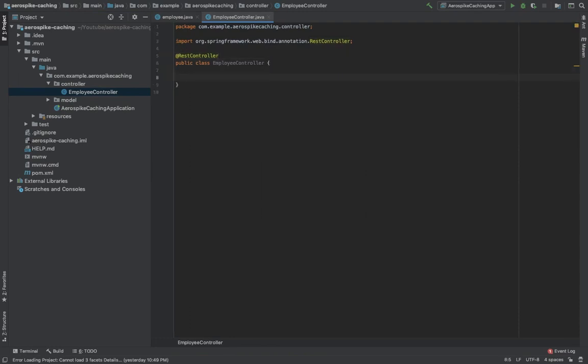Now this controller will contain three endpoints. First one will be a PostMapping to add any new employee to the list. And this endpoint will take employee details in the request body and will send the auto incremented employee ID in the response after saving the employee in the list.